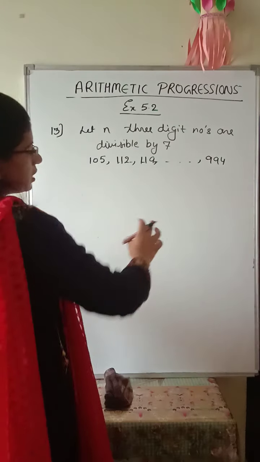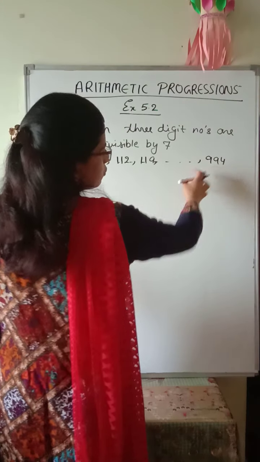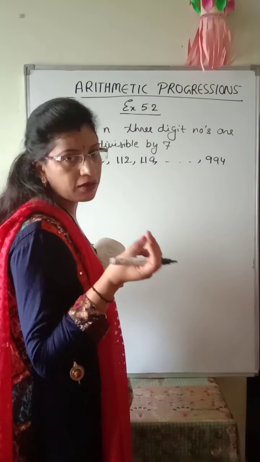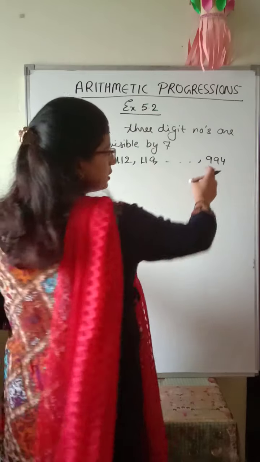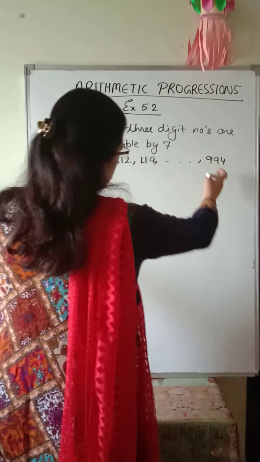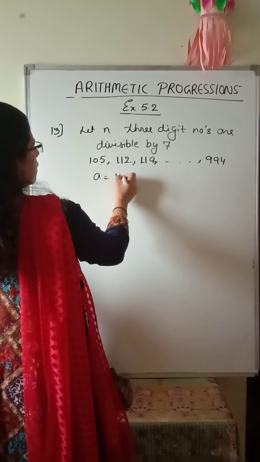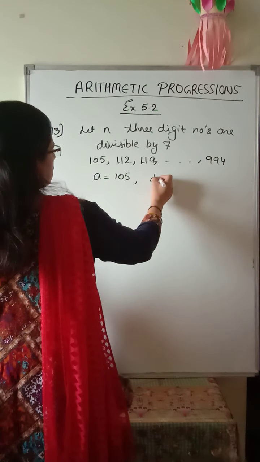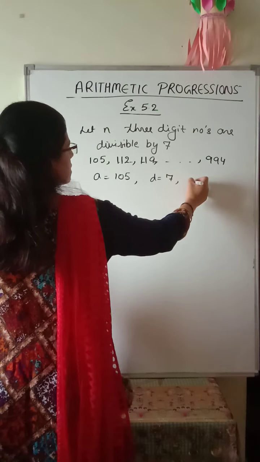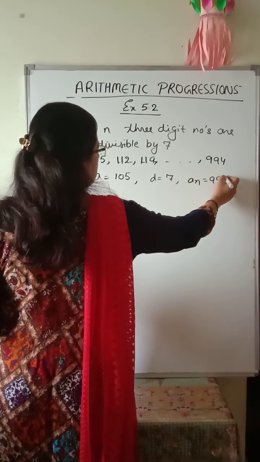तो how many terms, जो last term nth term होगा वो जो वाला term होगा, जिस नंबर का term होगा उतने ही term होंगे. अगर ये 100th term है तो इसमें 100 term होंगे. Okay, so we have to find the value of n. So we will use, what is a, 105, what is d, d is obviously 7, what is nth term, 994.